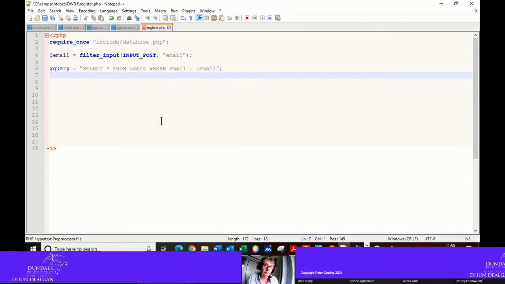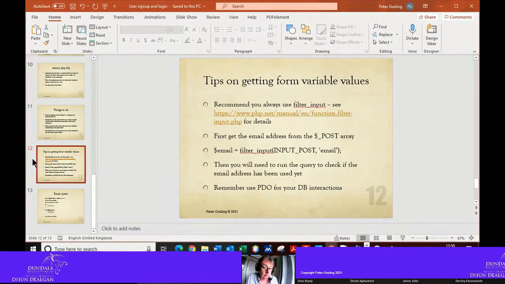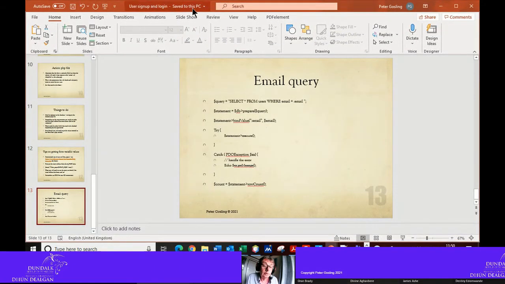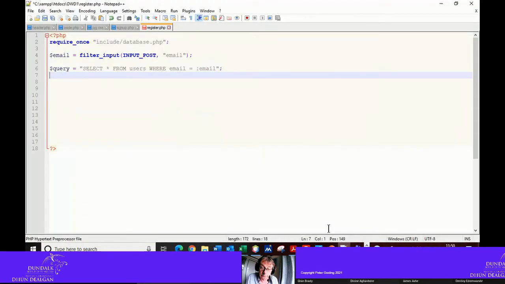What we're going to be doing is using something called bind values. I just need to check something here, that the names I've given are the same as the ones we're going to get. Okay, so there's $query. So we're going to have $statement